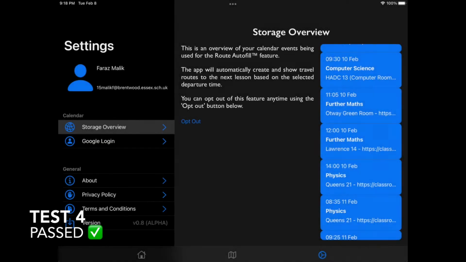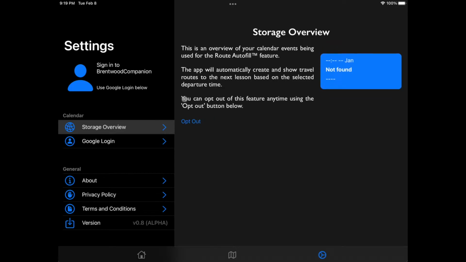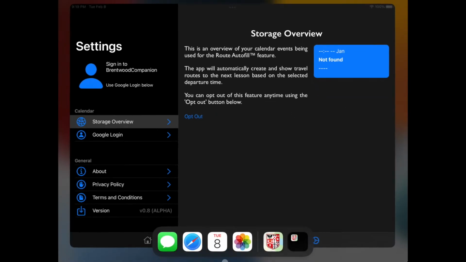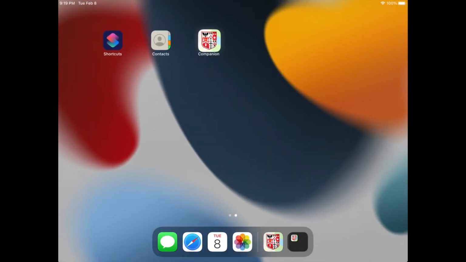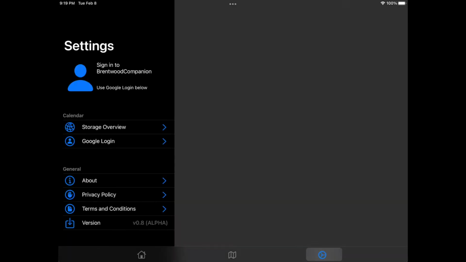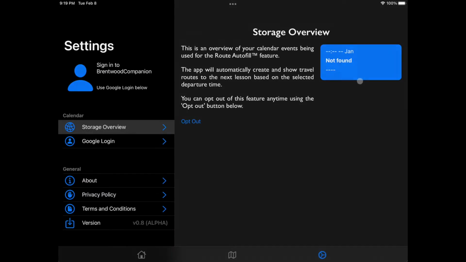Number 4. The opt-out button permanently deletes the user's details and their calendar events. Let's open the storage view, where we can see the calendar events are being stored. Let's opt out, and the user details in the settings view and the calendar events appear to have deleted themselves. Let's quit the app and relaunch it as before, and we can see these changes have persisted with the offline